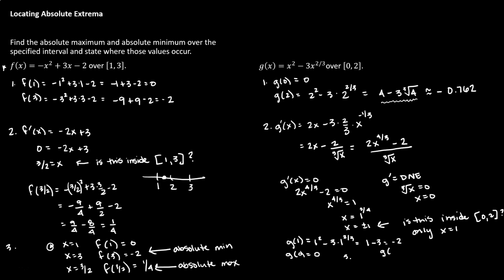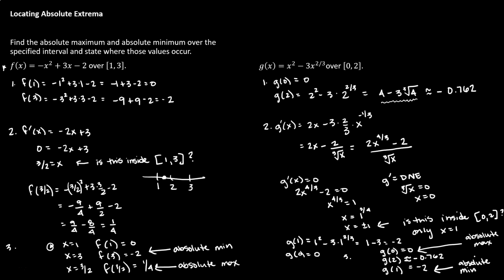So our step 3 is to compare all of our values. We have g at 0 equals 0. G at 2 was equal to approximately negative 0.762. And then we had g at 1, which came out to be -2. So from each of these values to choose from, we can see that -2 is our absolute min, because it's smaller than the other two function values. And we can see that 0 is our absolute max,